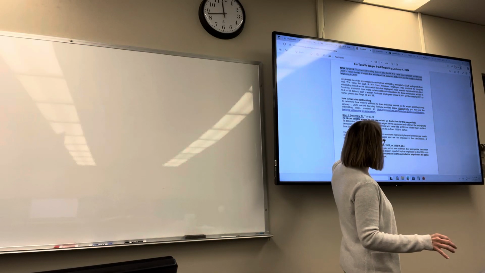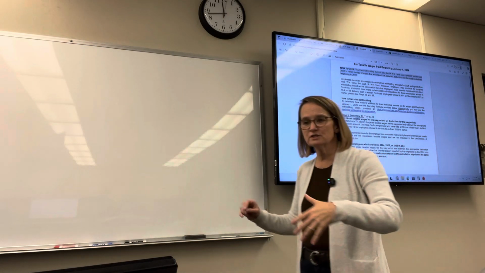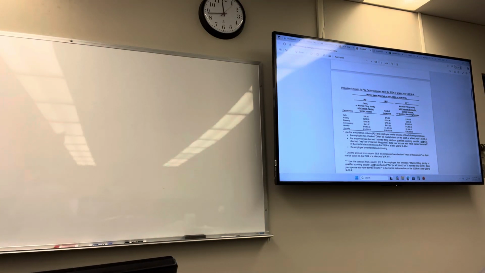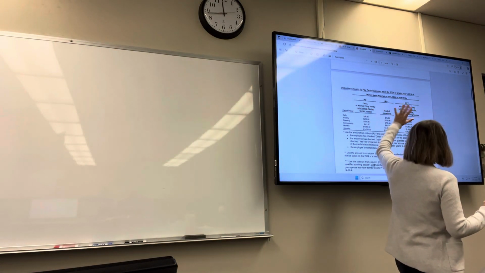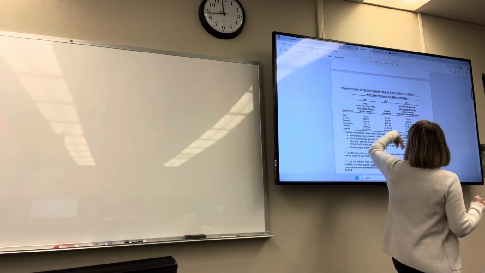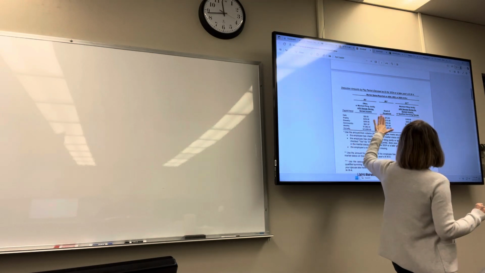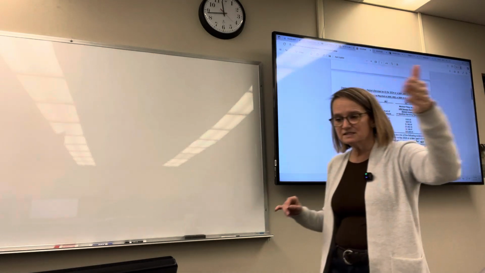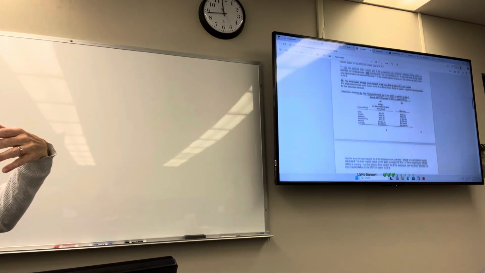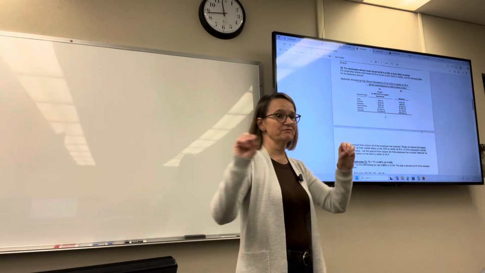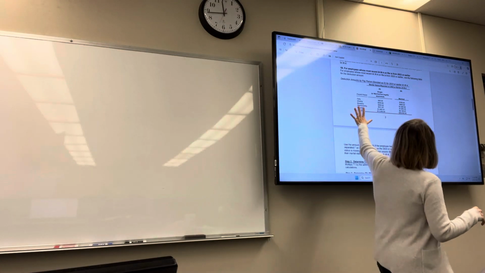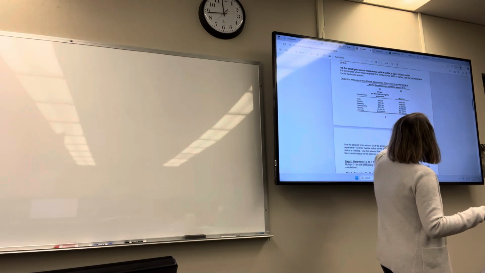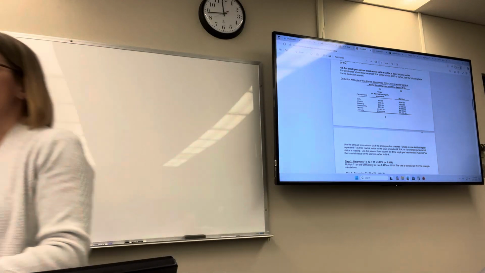G is taxable wages. D would be the deduction for the period. The deduction for the period is going to relate to these amounts down here. If it's a new W-4 form, we use this table based on how frequently they're paid and what their filing status is. That's the deduction amount. If it's an older W-4, the older W-4s didn't have the filing status, they just had married or single. So for Iowa, it was the same as the federal. This is the table that would be used if you're single or if you're married. So that would be the deduction amount.